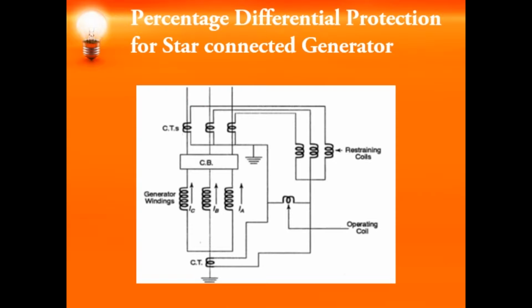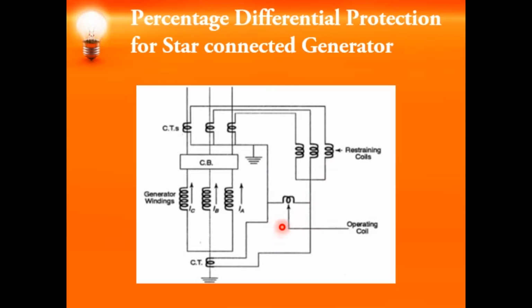So this is the setup of the protection scheme which is employed for a star connected generator. In a star connected generator, we have a neutral point, right? So only the neutral point is brought out, and you can see that the restraining coil connection and the operating